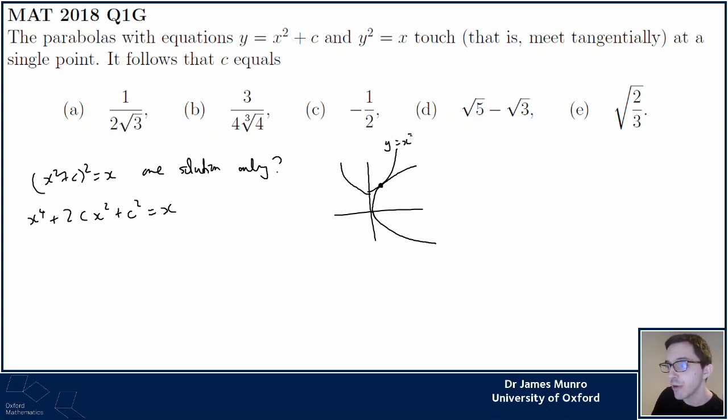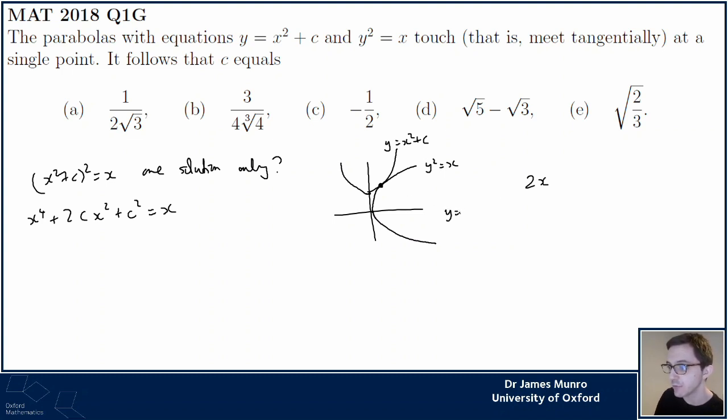So I've got y equals x squared plus c, y squared equals x. That didn't seem to get me anywhere by just setting those equal to each other. I mean, I want them equal to each other, but I can't immediately solve that for x or c or anything. I've got this extra condition though. I want them to have the same tangent line at that point. So I want these to have the same gradient. What are they? Well, the gradient of this one is just 2x,